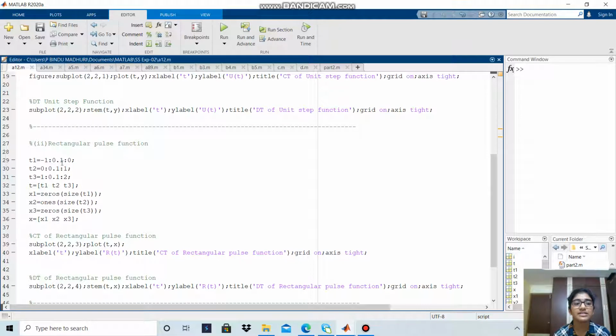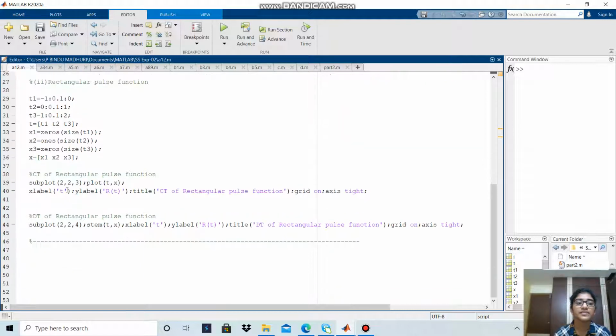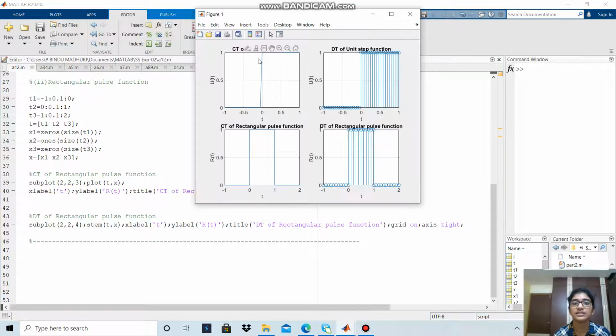For the rectangular pulse, I took three sub intervals: t1 to be -1 to 0, t2 to be 0 to 1, t3 to be 1 to 2. The total time interval is t1, t2, t3. x1 is zeros of size t1, x2 is ones of size t2, and x3 is zeros of size t3. When we plot this, we get the CT of the unit step function. This is the discrete of the unit step, this is the continuous of the rectangular pulse, and this is the discrete of the rectangular